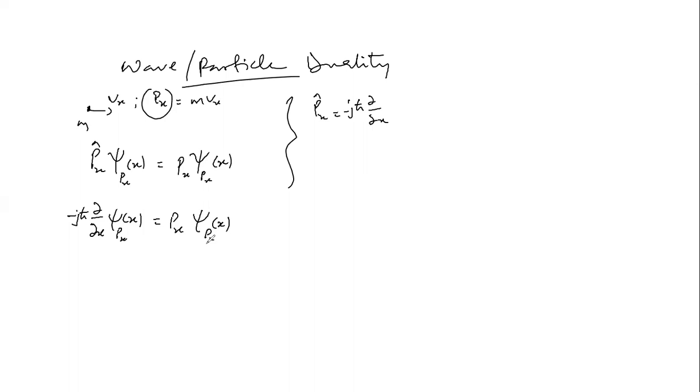Once again, we can rearrange, and we already know what the solution will be. Collecting like terms, we have d psi p sub x of x divided by psi p sub x, just the way we resolved the previous one, will be the same as p of x divided by negative j h cross,